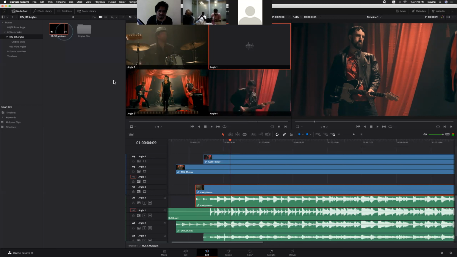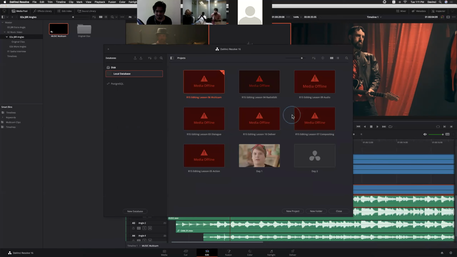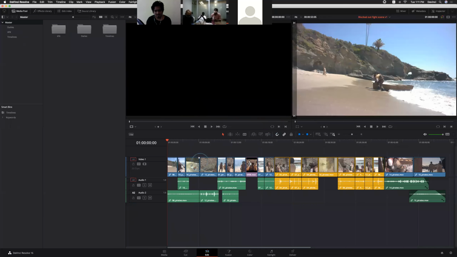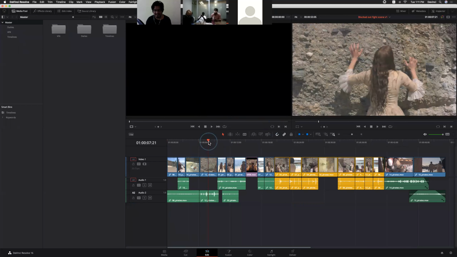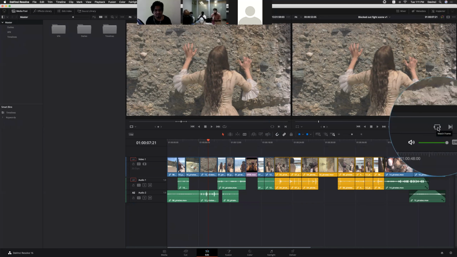And we do have match frame and everything, or you can press F to match frame. Let me open up a new project. Simply click F. It will automatically match frame, or you can use these keys to match the particular frame.